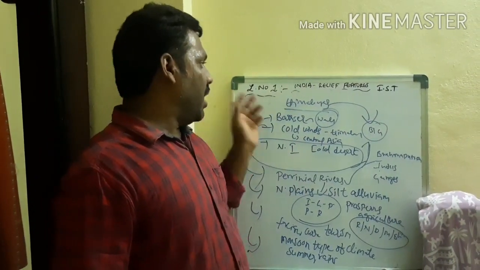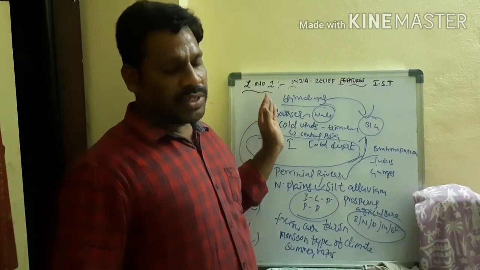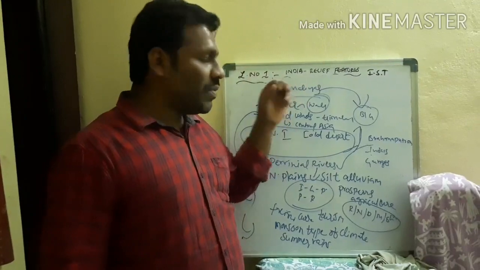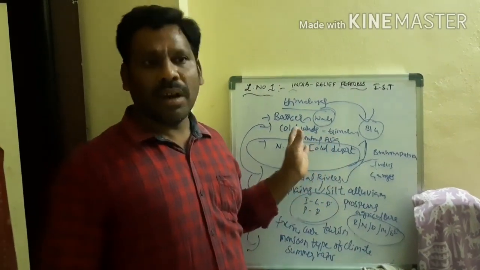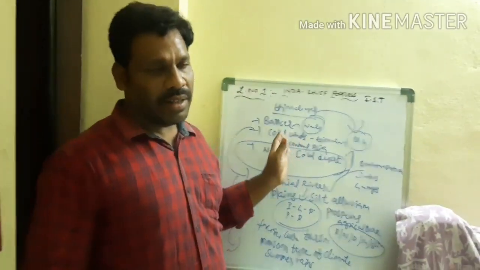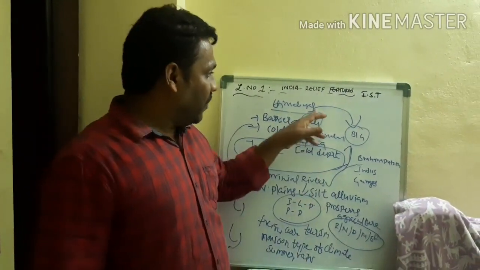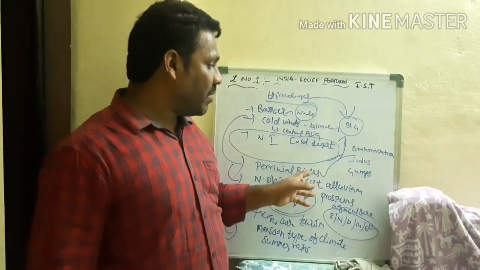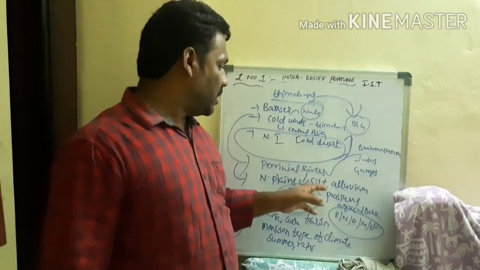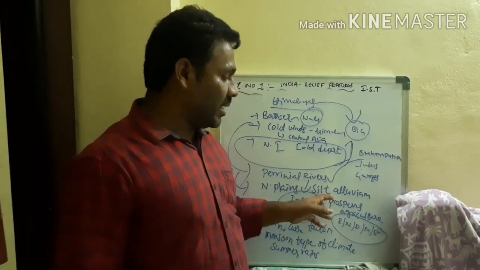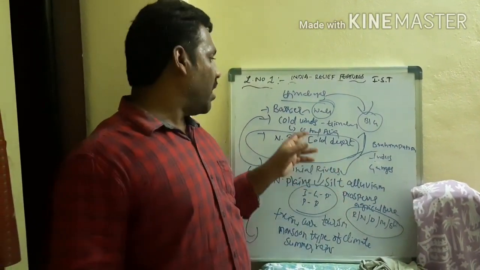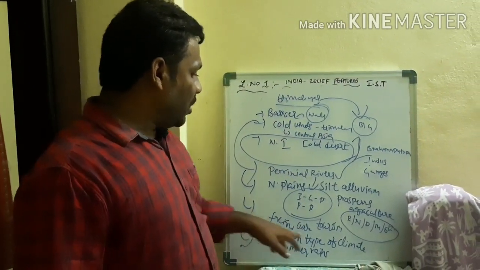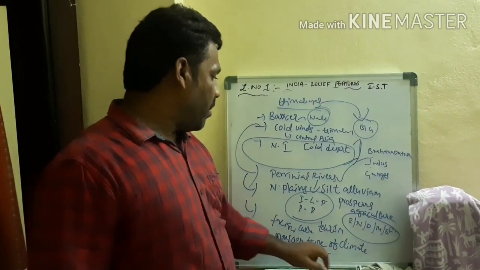So that is important. The Himalayas act as a barrier so that the cold winds are not able to enter from Central Asia. If the cold winds entered, what could happen? India could be turned completely into a cold desert, and we would be unable to grow any crops. If the Himalayas are not there, no perennial rivers. If there are no rivers, what will happen? No northern plains, no silt and no alluvial soils, and there is no agriculture sector in North India. Completely turned into what? Like a cold desert. Next, they are the cause of the monsoon type of climate, and the cause of summer rainfall also.